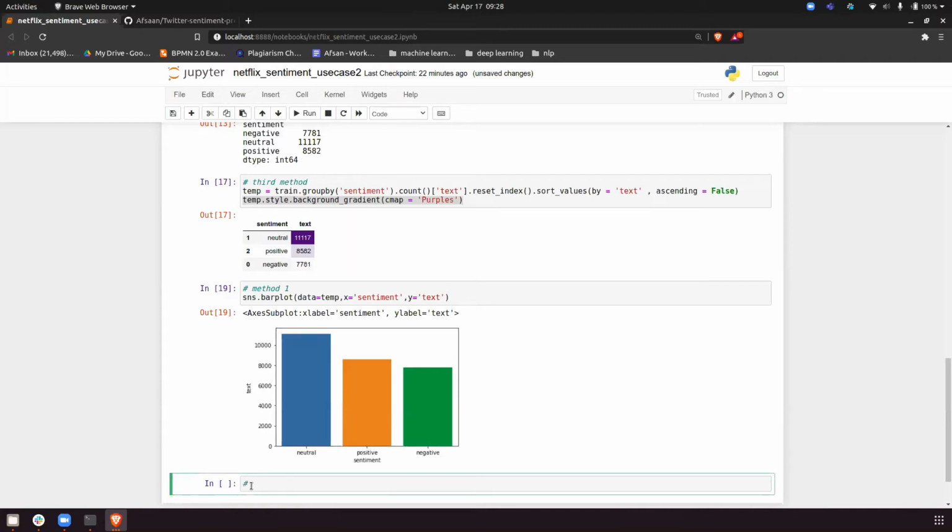One method is using a bar plot. The second method, method two, is sns dot count. We have something known as count plot. In a count plot you just have to pass the column, and it will do the count on its own. So sentiment, and you have to pass the data, and the data is train.